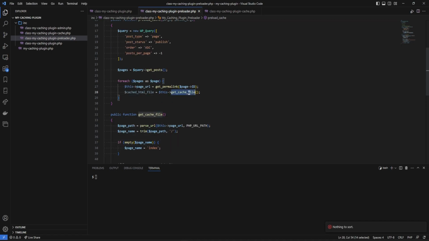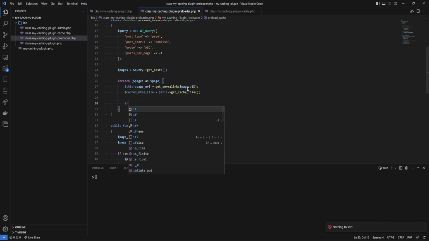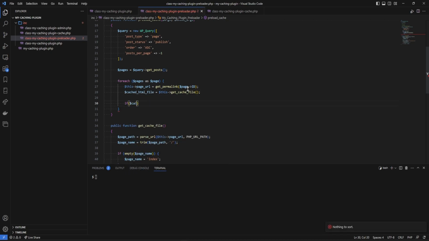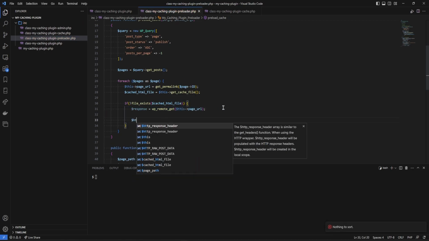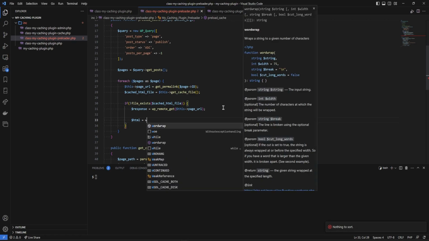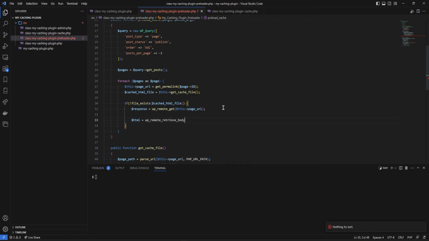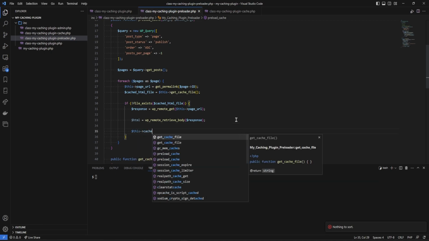All right, so now that we have our get cache file method created, we can now check if cached HTML file, if not file exists, cached HTML file, then we will get a response, which will be wp remote get this page URL. So now we're going to actually make a request to the URL. Then we need to fetch the HTML out of it. So HTML is wp remote retrieve body, because we don't need all the rest from the response. So this will only get the HTML out of the response, and it will drop all the other information like the headers, etc. And then we'll do this cache page start